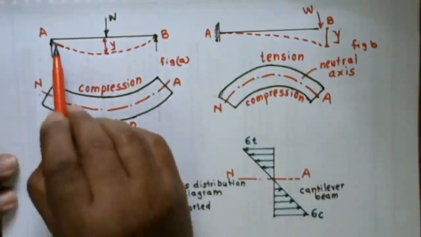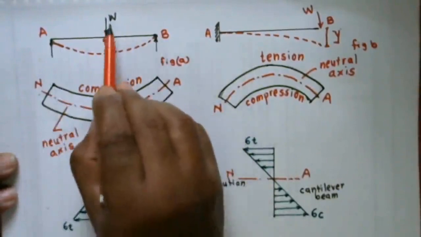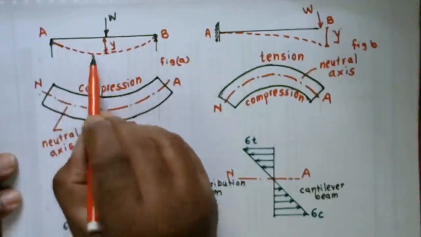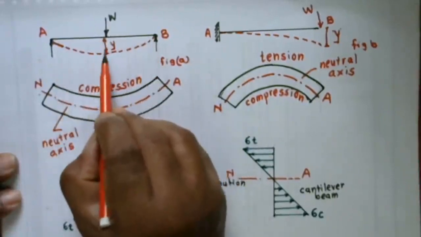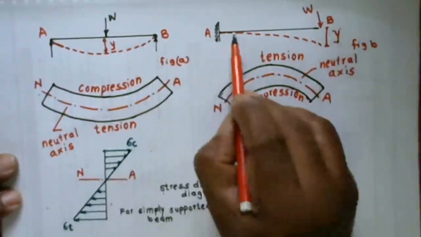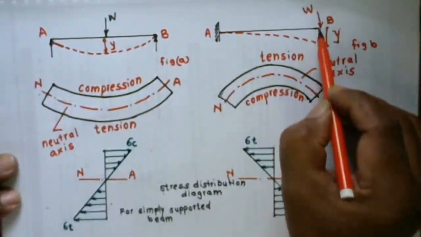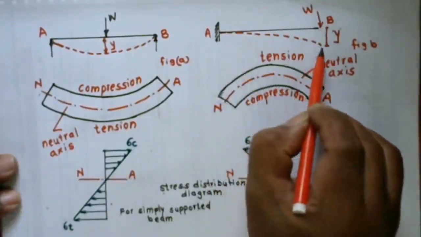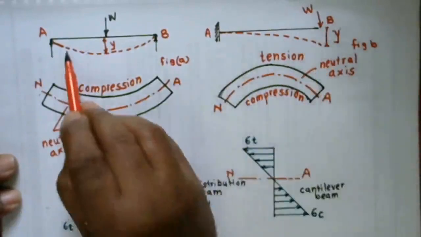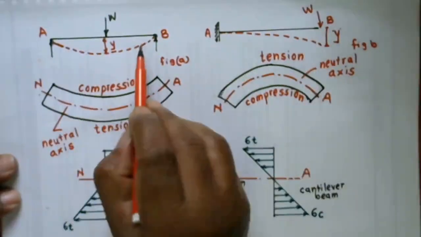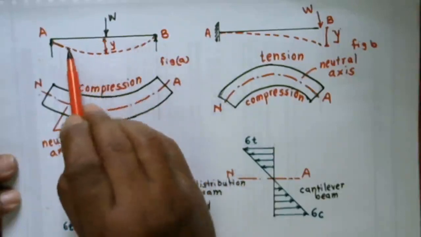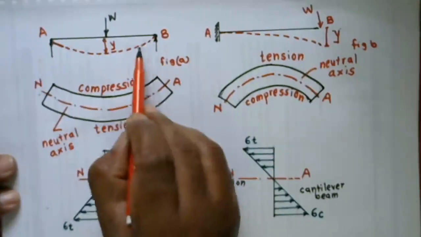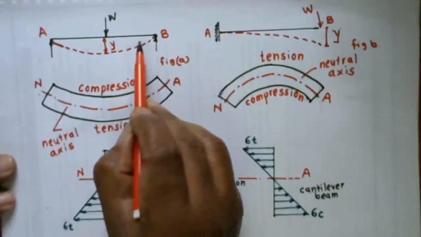In this figure 1, a simply supported beam is subjected to vertical loading, or you may say transverse loading. When the load acts on that beam, it deflects from its original position in the y direction. In the second figure, it is a cantilever beam. A transverse load is acting at the free end, and again the beam deflects in the y direction, and this action is known as bending. It means when the transverse loading acts on the beam, it deflects from its position. That's called bending, or it's also called flexure.